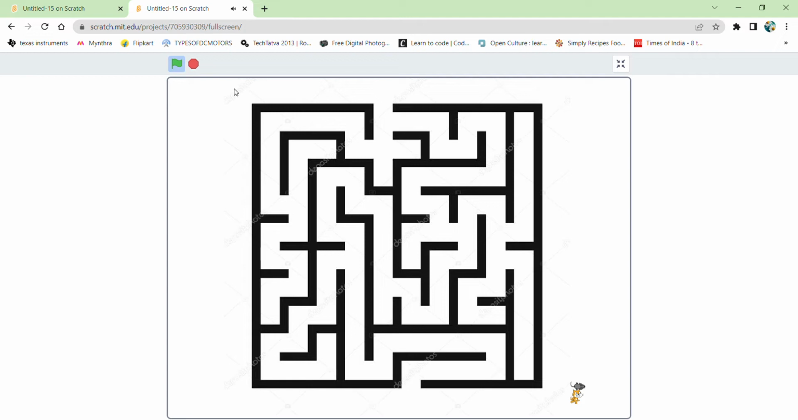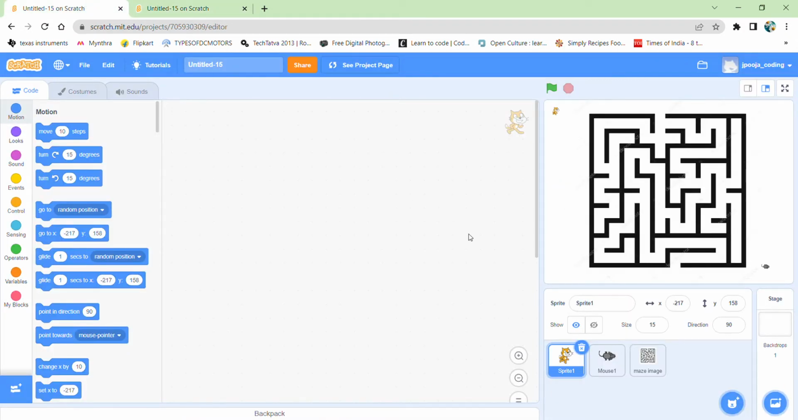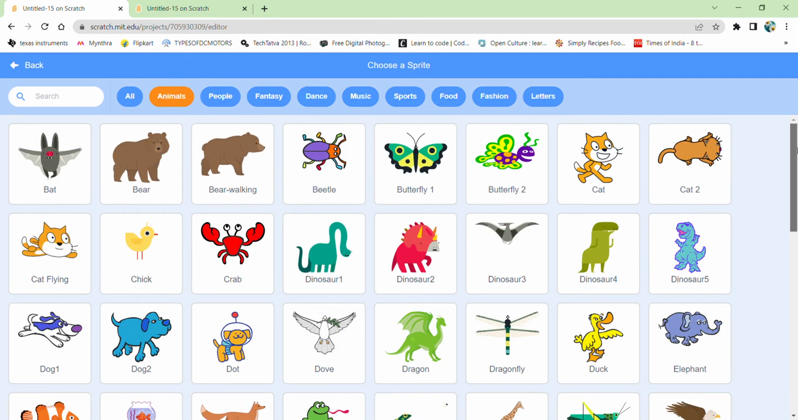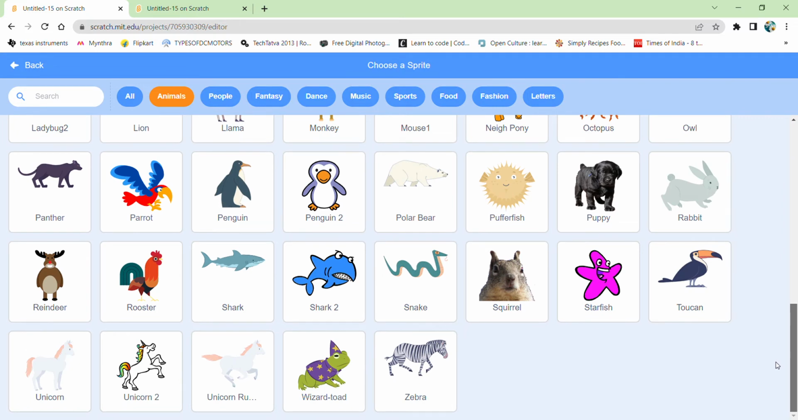So this is exactly what we are going to create right now in our project. So let's get started. I've already created my stage. I've got a maze image. This I have uploaded from my computer, which I had earlier downloaded, and I have got a sprite mouse from the sprites category. I have got all the animals over here, so I had selected the mouse from here,